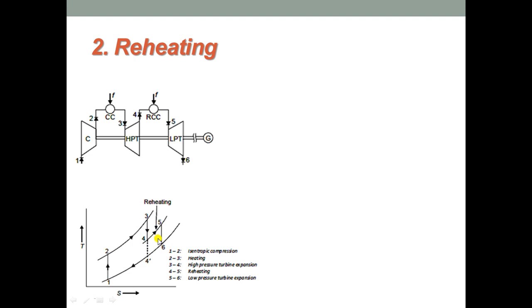Separation of the expansion process with a reheater raises the temperature of air and helps to move the final expansion curve towards the right on the TS diagram, wherein the constant pressure lines diverge, resulting in more gain of expansion work. Hence, reheating increases the net work output, as shown by the TS diagram, with an increased efficiency.